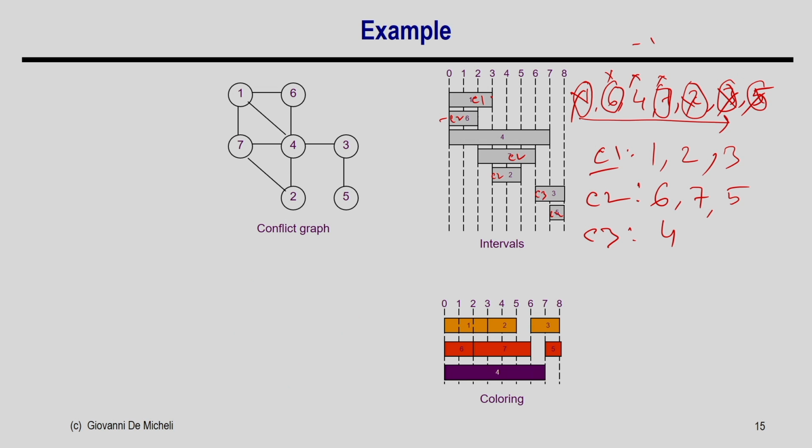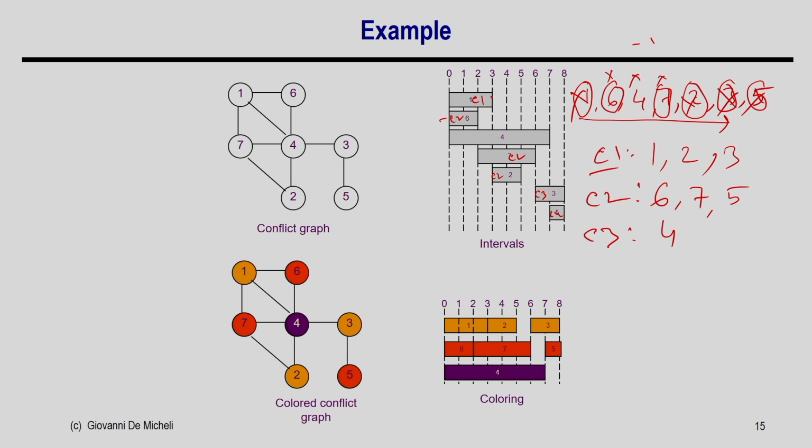If you just look into this, now I take the concrete graph. That means 1, 2 and 3 have the color yellow, and 6, 7 and 5 have the color, say, orange, and this 4 has the color purple. You can see here that no two adjacent nodes have the same color, that is the rule of graph coloring, right. So, I am going to give the color to the nodes such that no two adjacent nodes have the same color, and that actually gets satisfied here, and hence I need 3 colors to solve this problem.